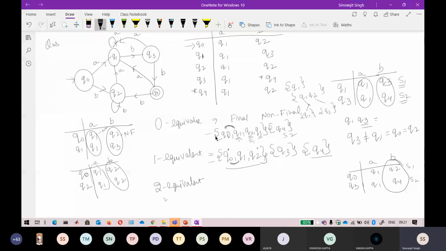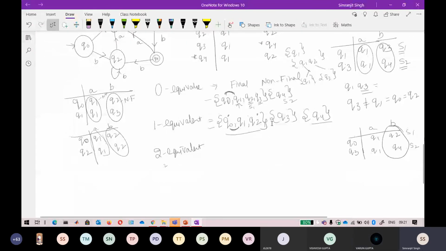I started with the first one and tried to break them, so this one element is broken from this. In the same way, my concentration will only be on this set, because it has three elements. I will try to break it and make it into smaller sets. If I am able to do this, there will be more states. This is the theorem, this is again the algorithm.